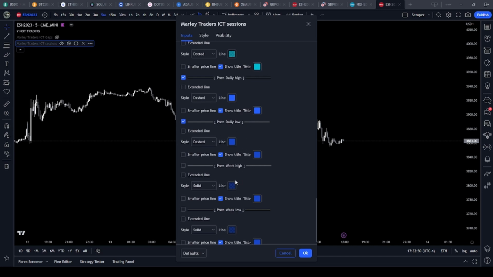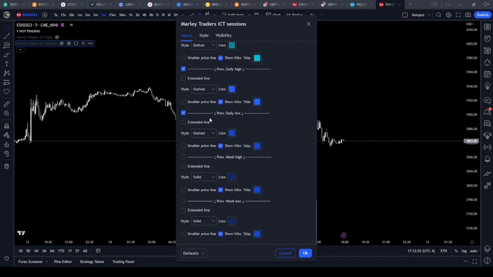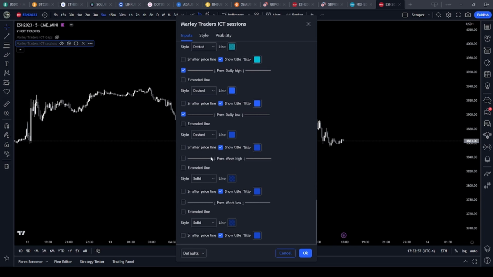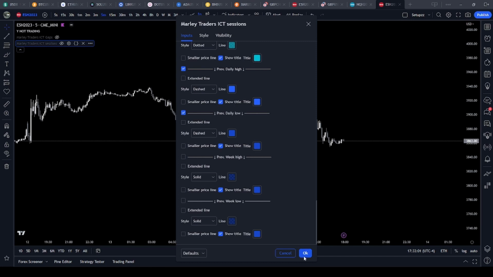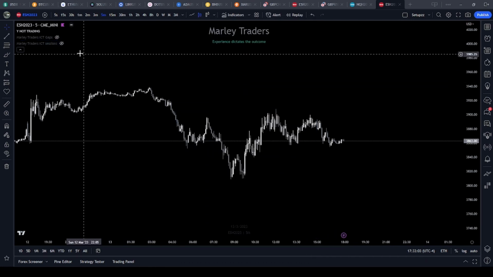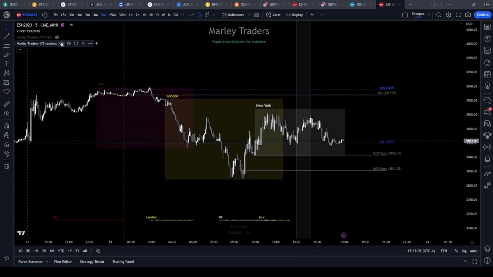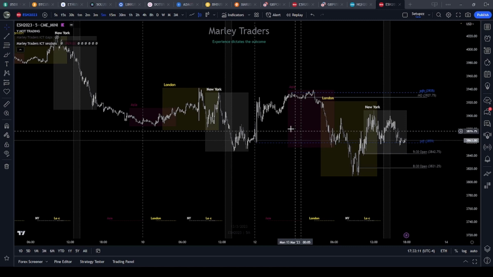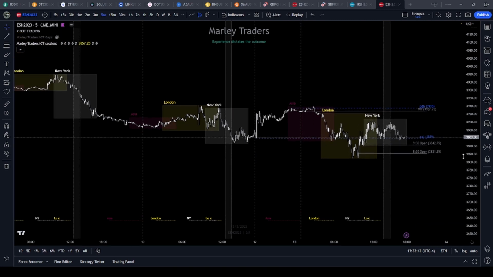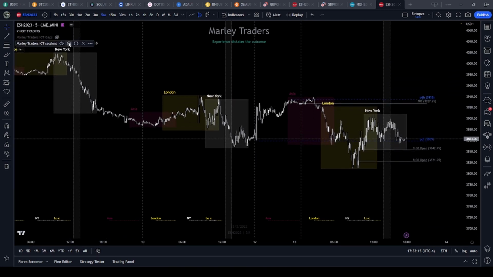So previous day low, previous day high, weekly, all these things. If I mark them, they will show in the chart, but most of them are taken out because they're not really needed. Now let's see what this indicator can do. So here it is. This is what has been activated, what is on right now. If we go to these settings again,